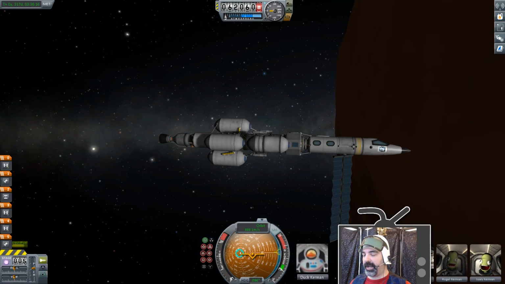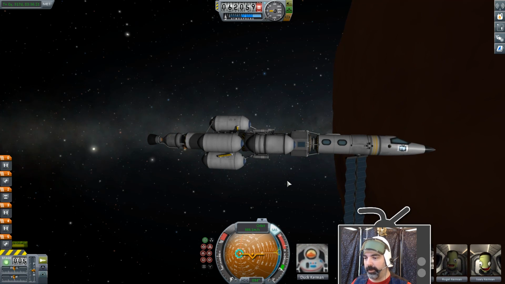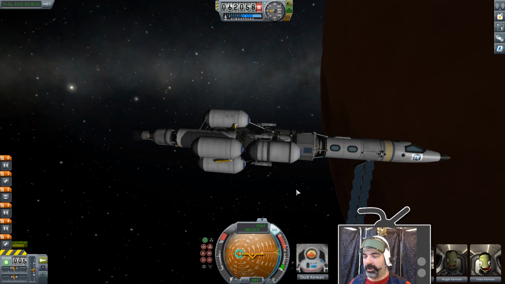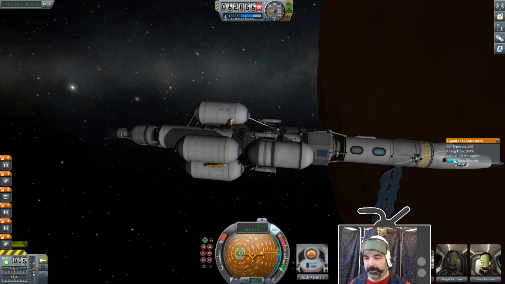Welcome to episode 18 of Let's Play Kerbal Space Program on an ongoing Duna or Bust mission, basically. We are trying to figure out if we can land this thing on Duna. I'm going to go ahead and quick save. But what we need to do at this point